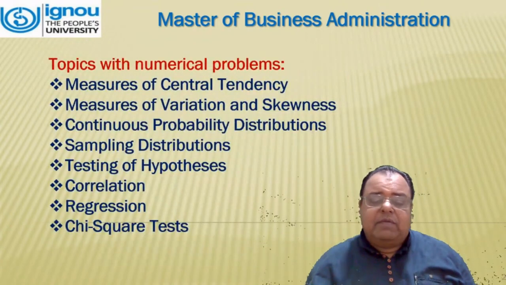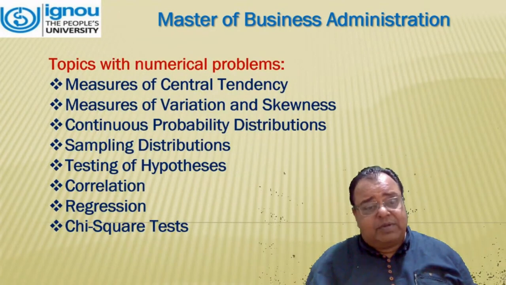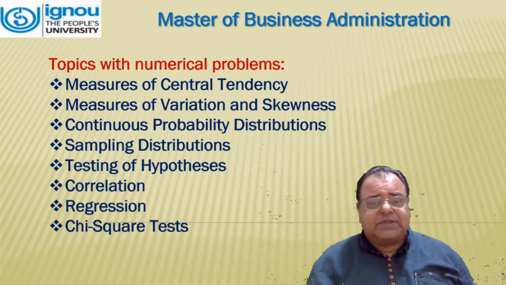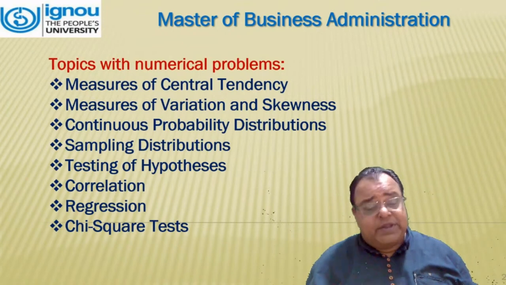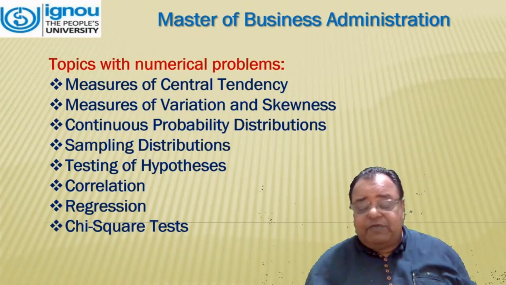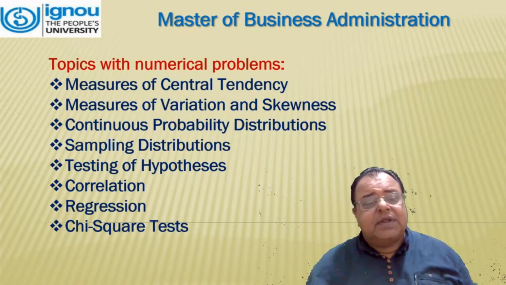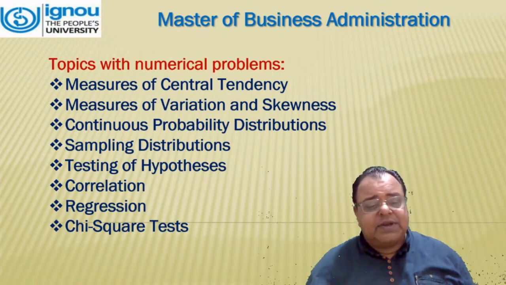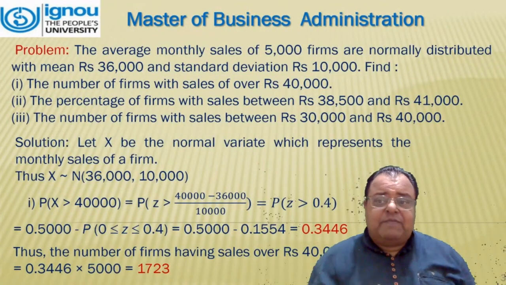Today, we will be discussing the numerical problems related to various topics under this course. Numerical problems come under measure of central tendency, measure of variation and skewness, continuous probability distributions, sampling distribution, testing of hypothesis, correlation, regression, and chi-square test. I will be starting with a problem which is related to